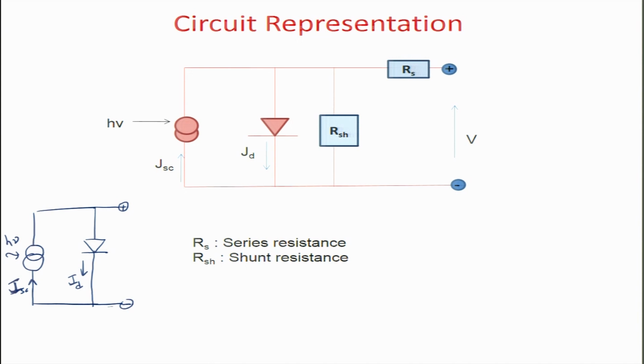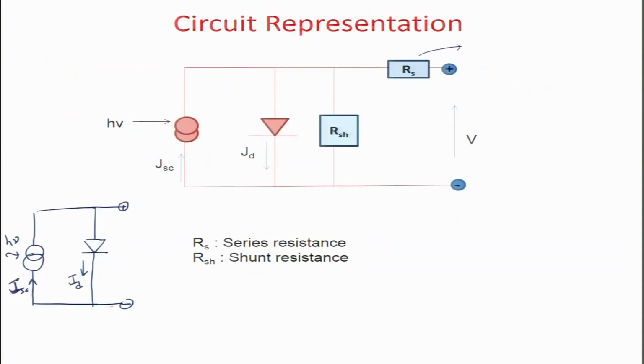Whereas, in reality our solar cell has parasitic resistances, and these resistances are called series and shunt resistance. Series resistance is basically due to resistance in the device. The semiconductor can have high resistivity, which will create resistance to the path of electrons. Shunt resistance on the other hand corresponds to mechanisms which lead to leakage of charge. The electrons and holes on the way get leaked out or get lost in some other processes. So, this is represented by what we call shunt resistance.